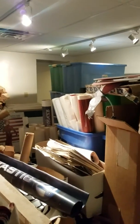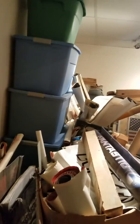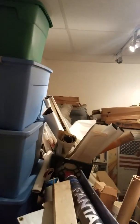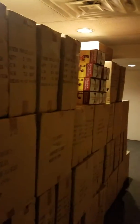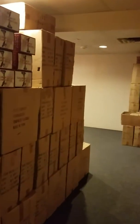These are all movie posters and advertising posters and displays. Most of this is from the 70,000 piece collection that I bought in South Dakota. But all of the totes are filled with lobby cards and posters. As you can see, it's a decent sized room. It's full of posters. And then out here, we'll come down this wonderful cavern, and you'll see we bought roughly